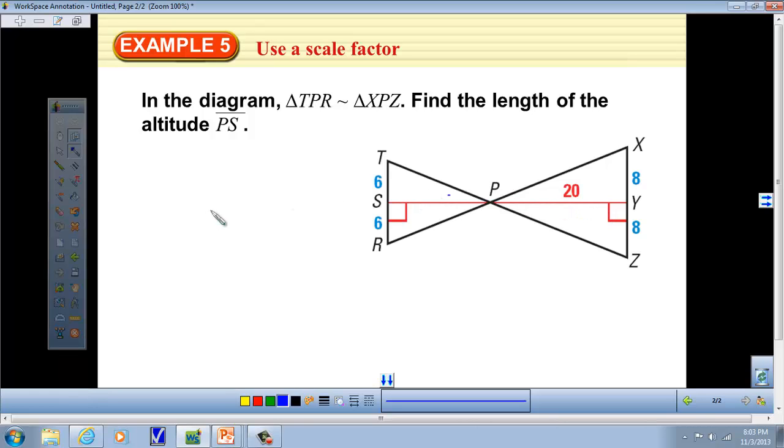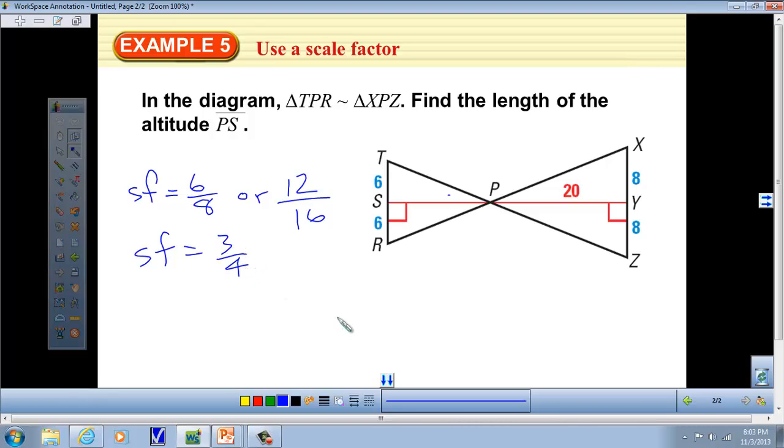So we can write the scale factor one of two ways. If we look at it, this is a perpendicular bisector, this is also a perpendicular bisector. So if we wanted to, we could write 6 over 8, or we could write 6 plus 6 gives me 12, and 8 plus 8 gives me 16. In either case, if I reduce this or reduce this, my scale factor is going to be